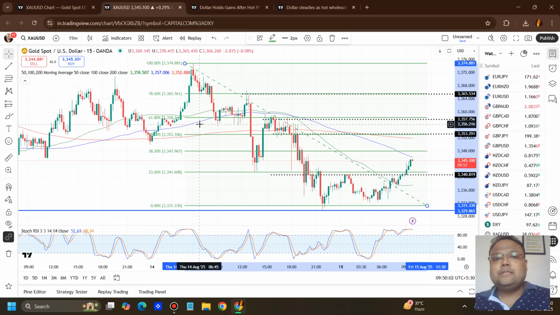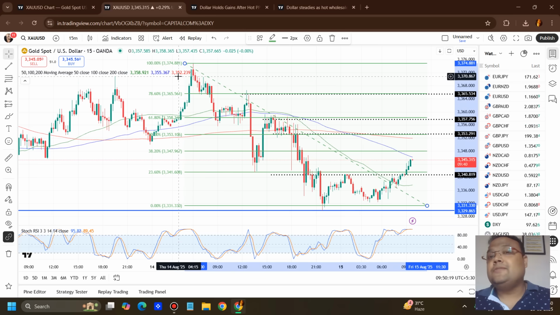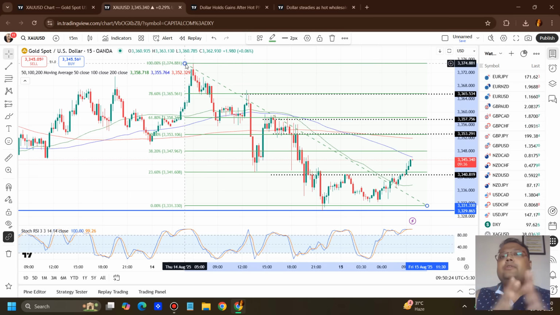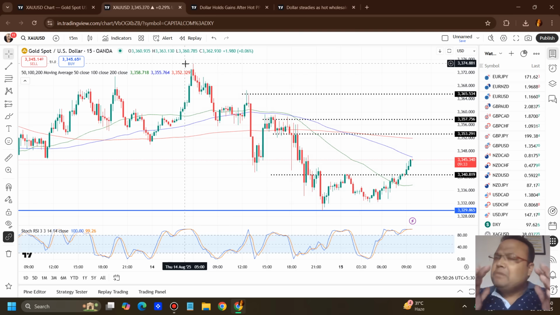But along with that, you can see we also have Fibonacci as well. For example, around the 3364-65 area, we also have the Fibo 78.6% retracement level and resistance. Around the 3356-57 area, not only do we have resistance but also the Fibo 61.8% retracement level. So if we combine price action with Fibonacci, these levels seem to be good ones where we can look for some trading opportunities. Otherwise, this is a chart that as a trader you should avoid completely, isn't it? Especially beginners.